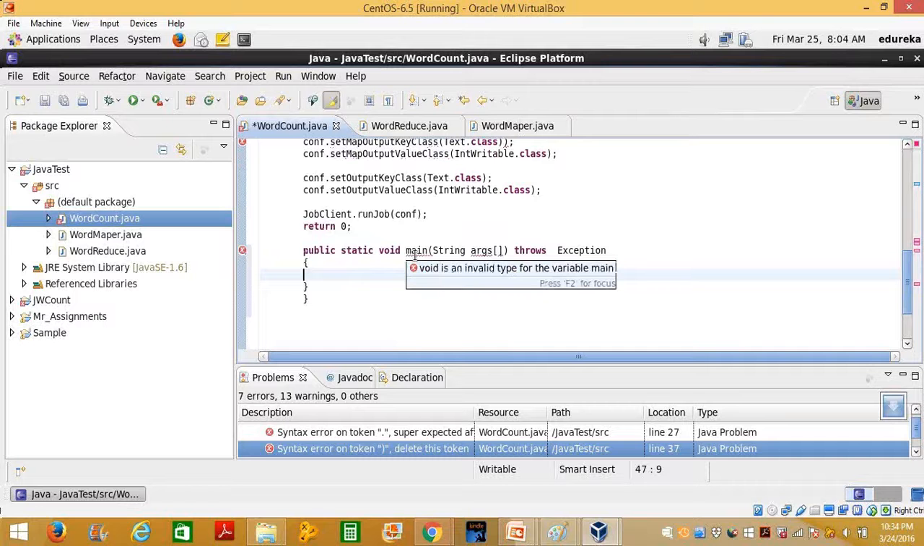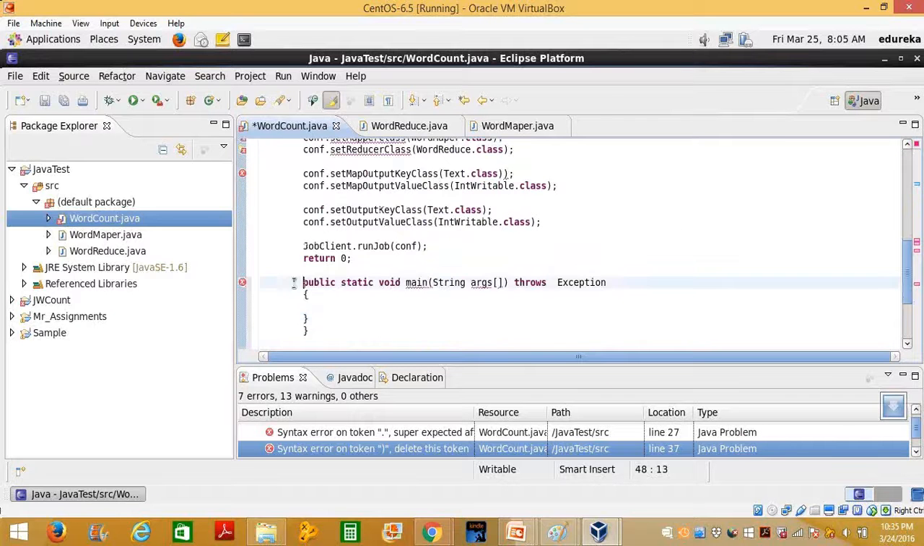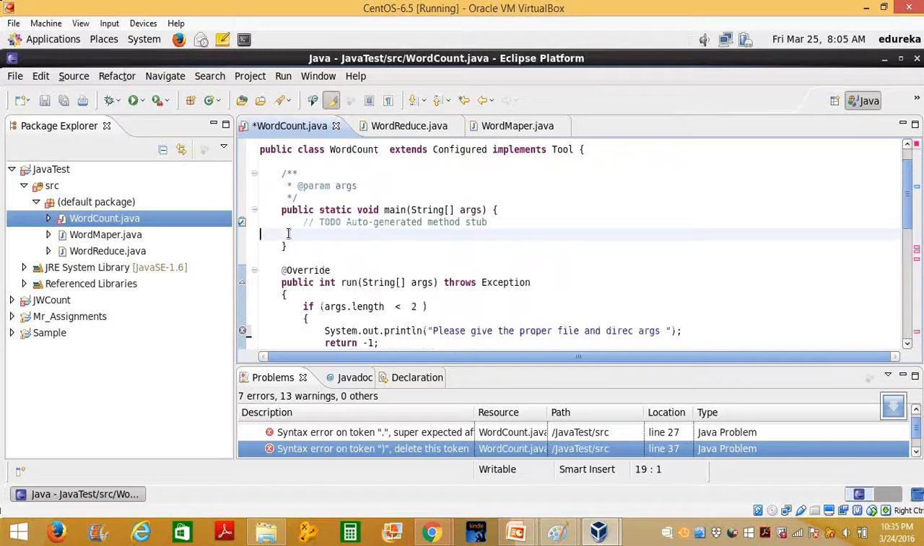ARGS, make the type specified. Public static void main, string ARGS has been specified, and after this, let me specify that it also throws this exception. So you specify this one, and also specify this one. You also specify this one. Okay, once this is specified, what you do is